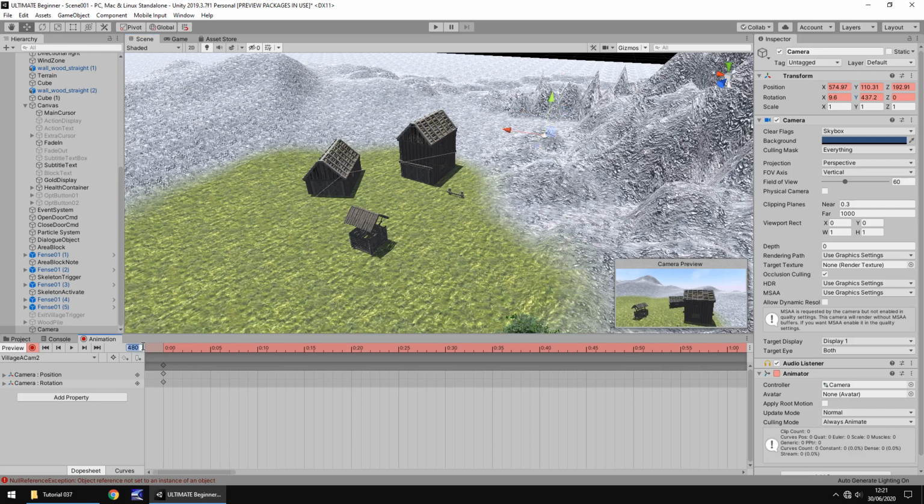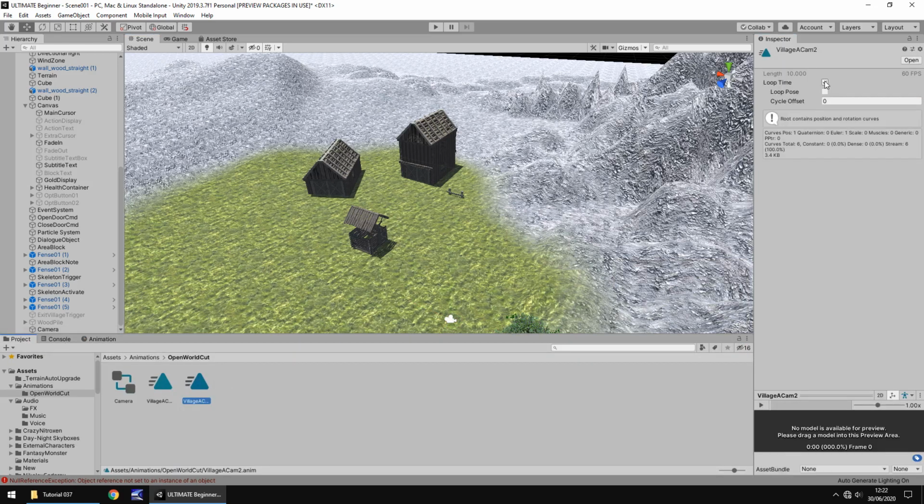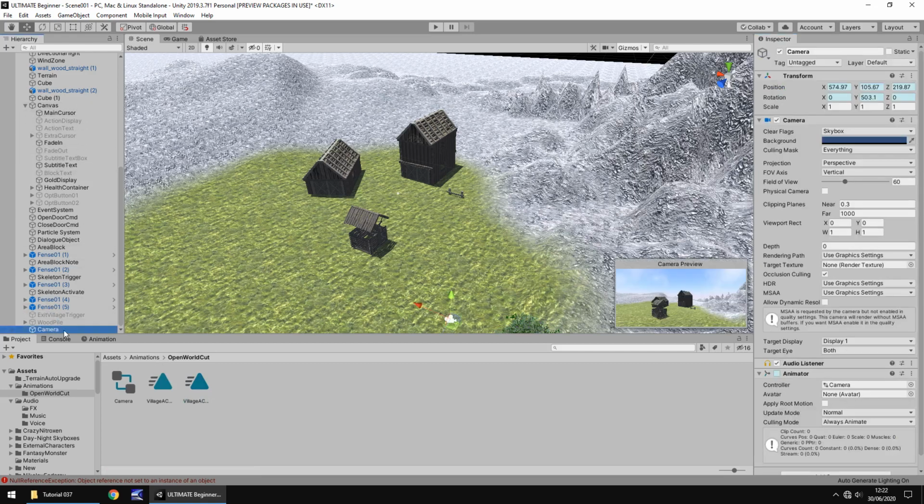And then by 600th frame, let's bring it back down, bring it back this way, rotation 0, and set it there. So I won't bother playing that animation because I know that will work. So there is our two animations, both on the same camera. So let's rename this camera to be